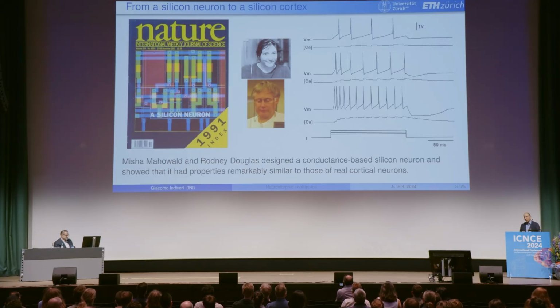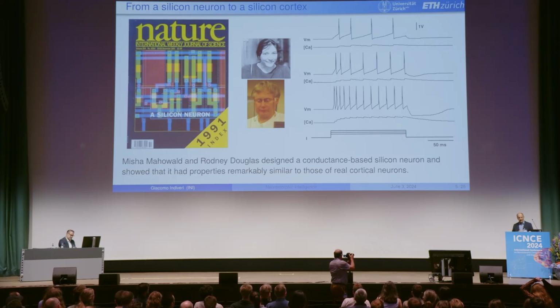And here is a story to remember, because by this time, the community was so impressed that they were saying, if you can do a single neuron in silicon, then just by scaling up using the properties of VLSI, very large-scale integration technology, you will be able to finally build an artificial brain. This was sort of the reasoning.